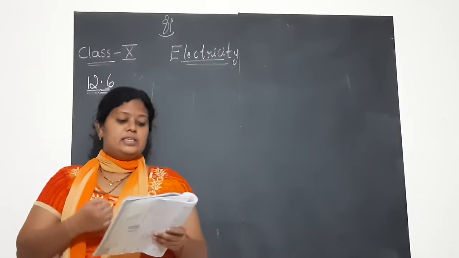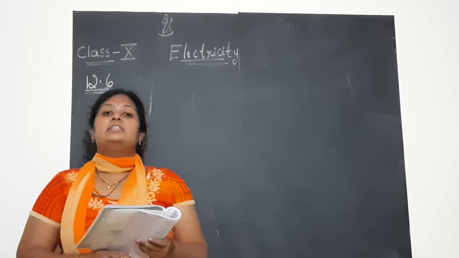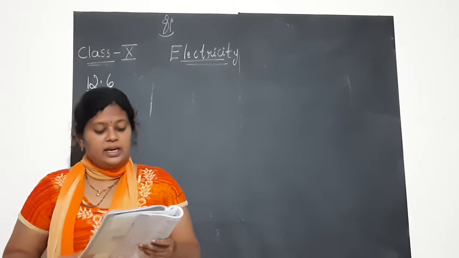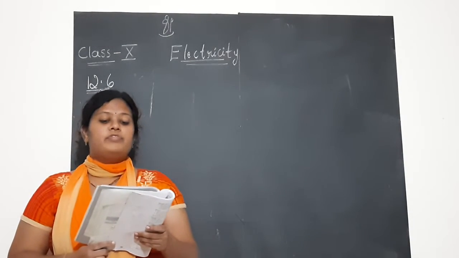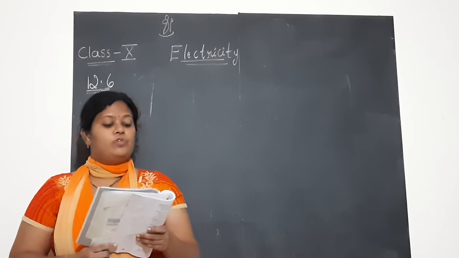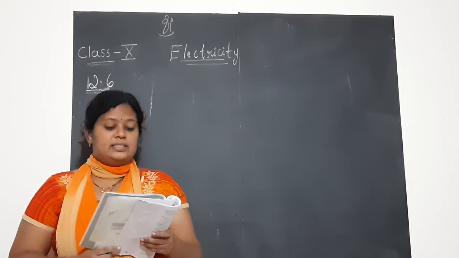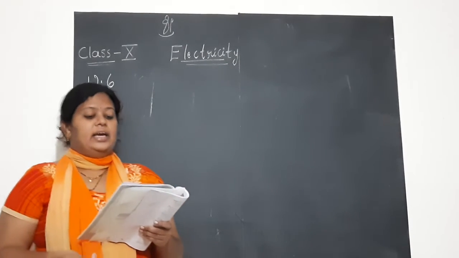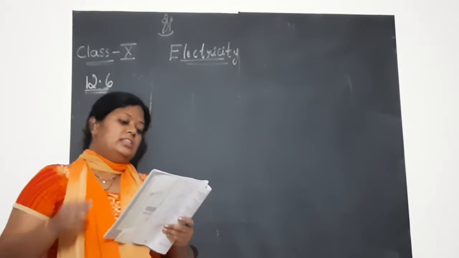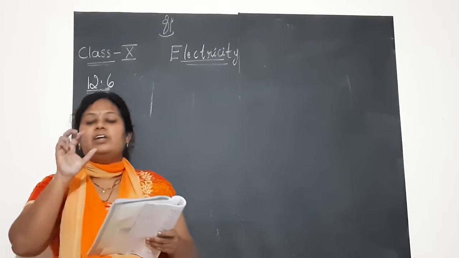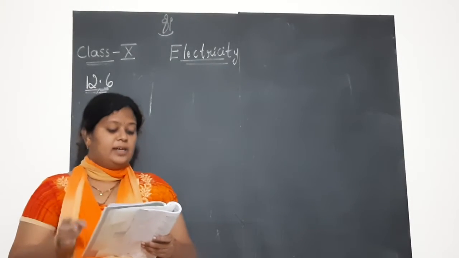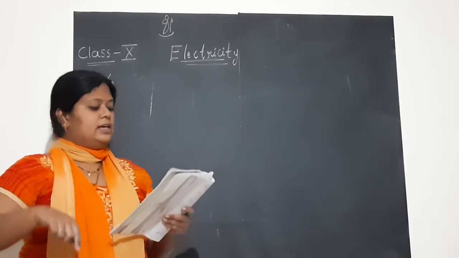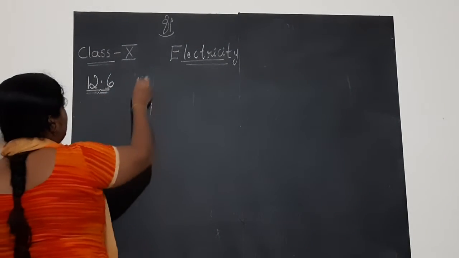Next, children, the last example or problem of this section, that is example 12.6. The question is: a wire of given material having length L and area of cross section A has a resistance of 4 ohms. What would be the resistance of another wire of the same material having length L by 2 and area of cross section 2A? So this numerical is a bit different. They have not given any values like 2 ohms, 3 amperes, anything like that. But there are 2 wires, first wire and second wire. Separately we shall consider. So for the first wire,